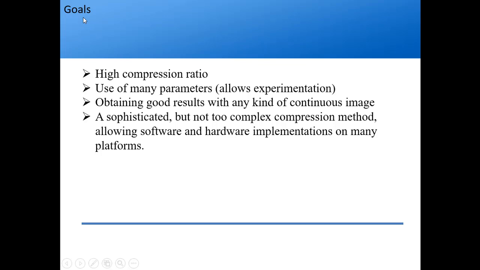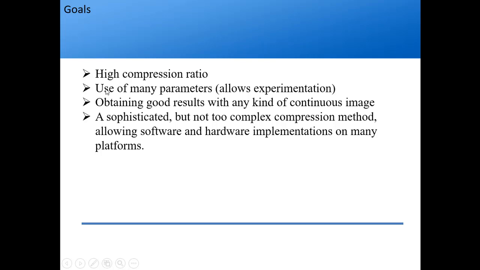So then what are the goals of JPEG? Means why was JPEG introduced as a photo compression algorithm? The first thing is, I am talking about the 1990s, there was not a good compression technique for images. So for storing and transmitting data it was very difficult, because it used to take a large amount of space, and since you needed to transmit it, it used to take a huge amount of time. So it was required to have a technique which has a high compression ratio. That was the very first goal of JPEG.